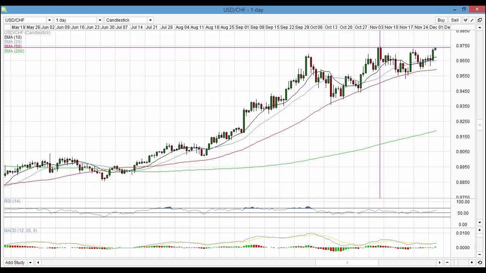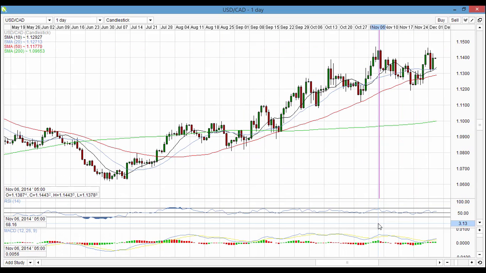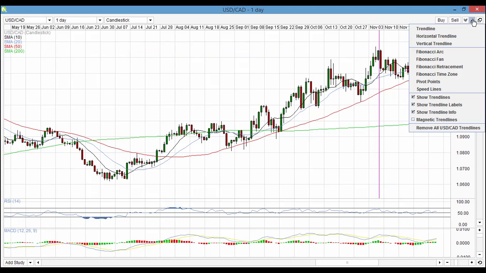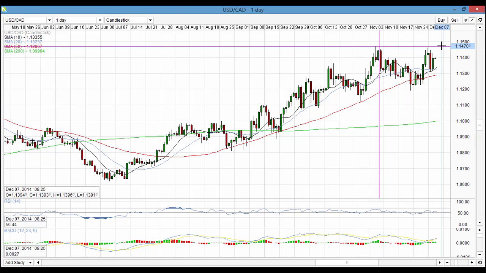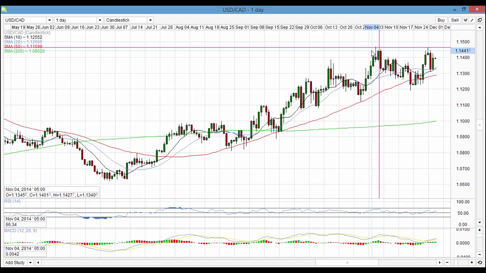Let's take a look, for example, again at dollar CAD, and what we can see on dollar CAD is we don't have those several touches that we had on the previous example, but we do have another level over here which is around 1.145, which let's just mark in as well. So you can see there is another level that sits here on dollar CAD as well. We only have two touches, but it's still a level of resistance right around here.